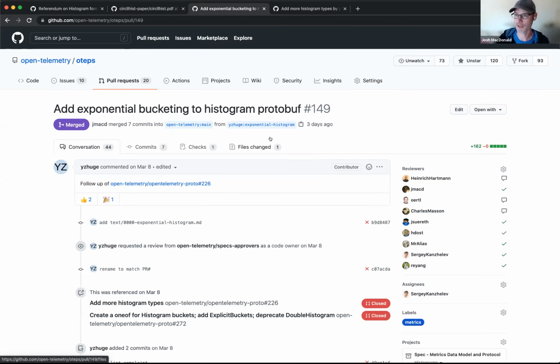And Open Histogram is trying to say, I would like to donate this. It's good for the community, but not everyone likes it. And then I would say it turns out that the research and the development that went into this OTEP 149 is actually really compelling. So in the course of discovery here, what we learned about is essentially a new system, which is called UDD Sketch.